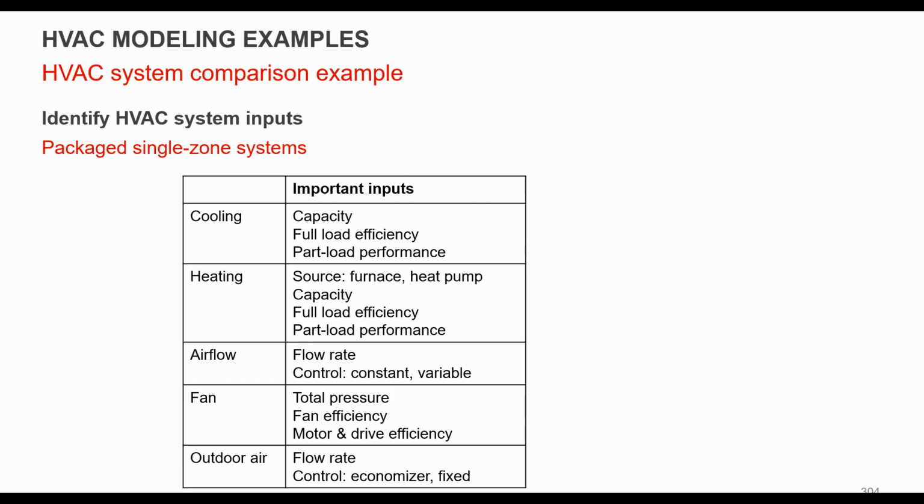You want to make sure your capacities, and again, you'll use the same capacities across all of your comparisons here. That's one thing you want to keep consistent. But you want to make sure you get the full load efficiency and the part load efficiency of your compressor system, both on the heating and cooling, fairly accurate. Again, there are some pre-packaged curves, which we'll look at in some other examples. But if you have real manufacturer's data, that's better to use in these cases. Airflow obviously wants to be flow rate plus the control on airflow, fan power, and how you're dealing with outside air. So again, these are your inputs.